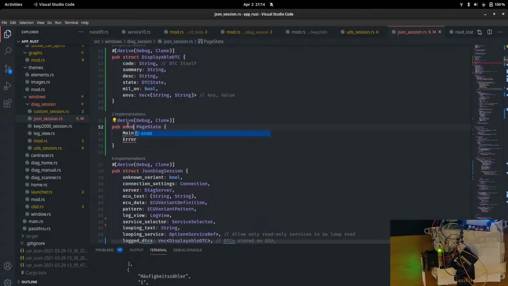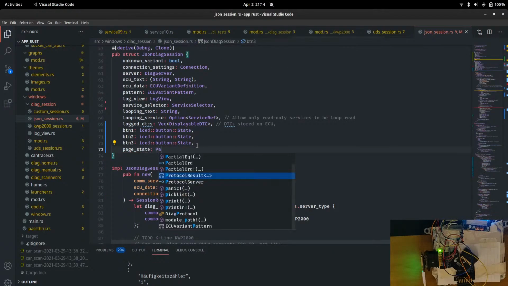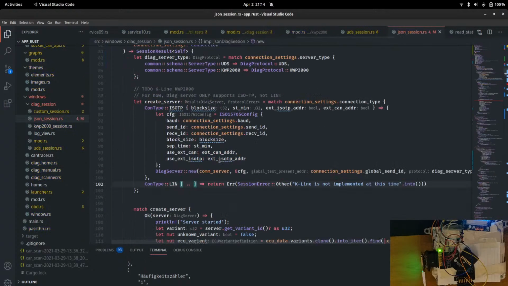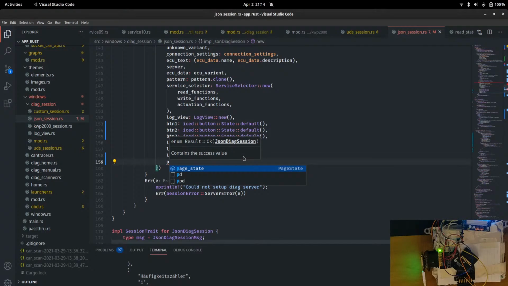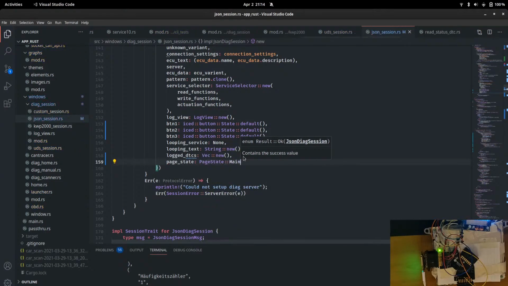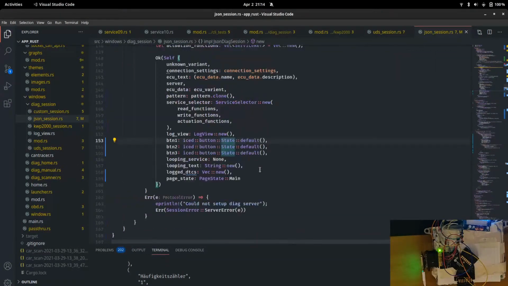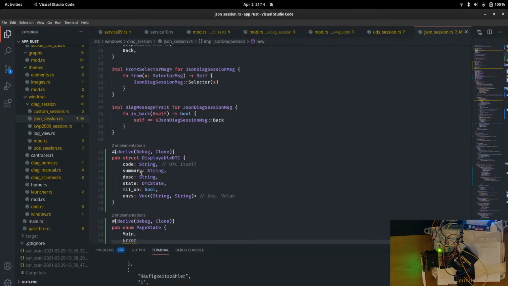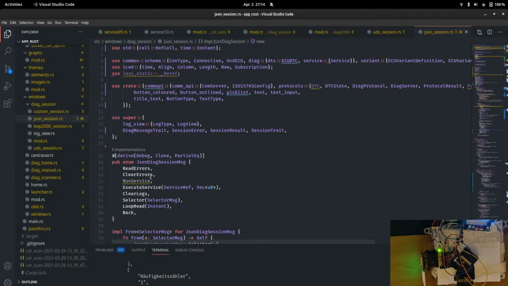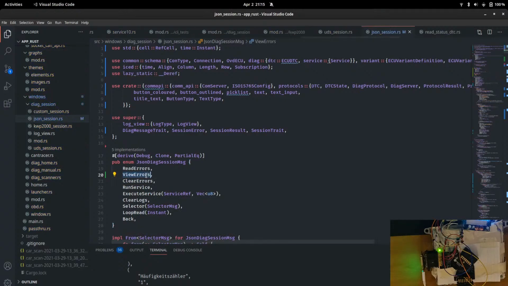Oh, this should be, you know, page state is page state. So by default we're in PageState.normal. PageState main. So if we say up here code sign description, clear errors, and we say view errors,